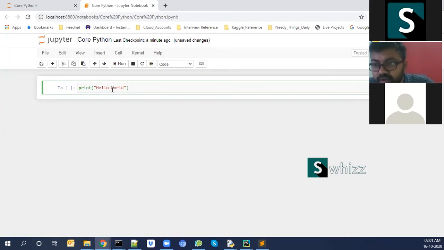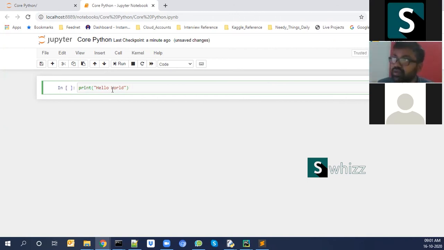From that Python folder, open the CMD command prompt as I showed you. From there, open a Jupyter notebook. From that Jupyter notebook, try to create a folder. So it will work after restarting the station.